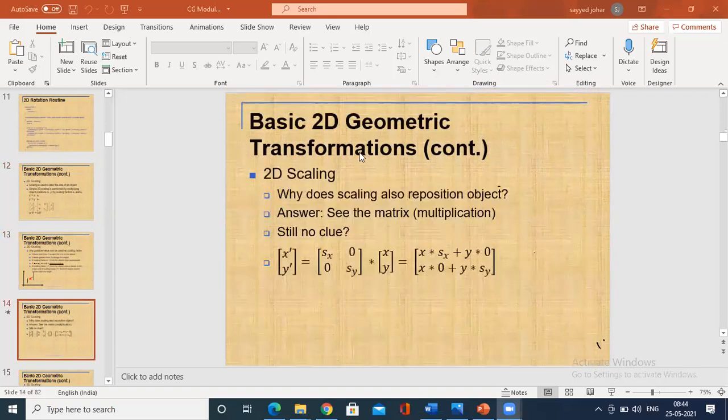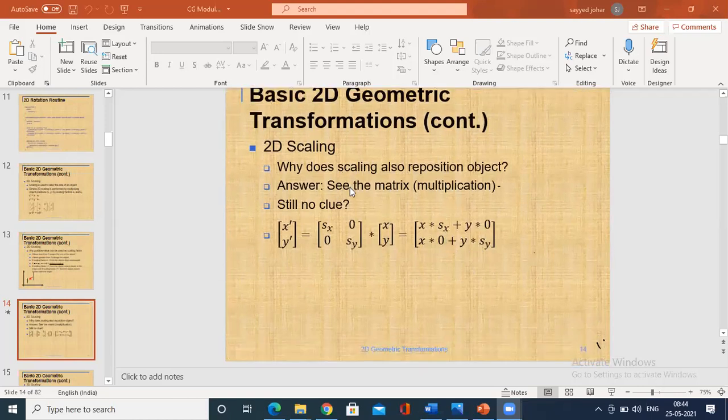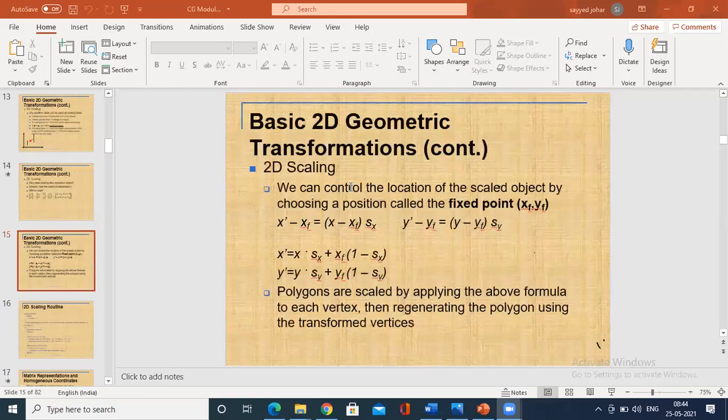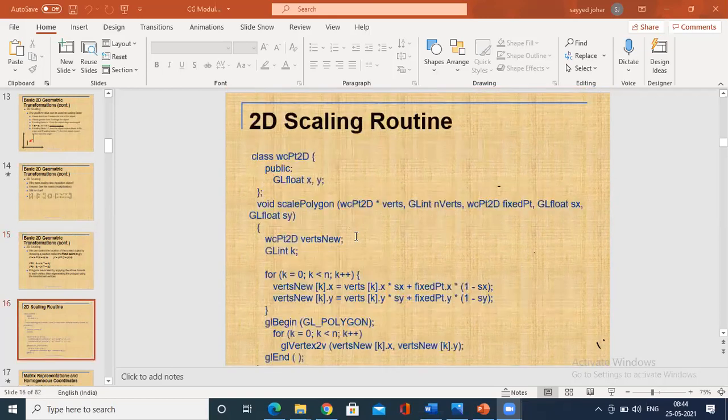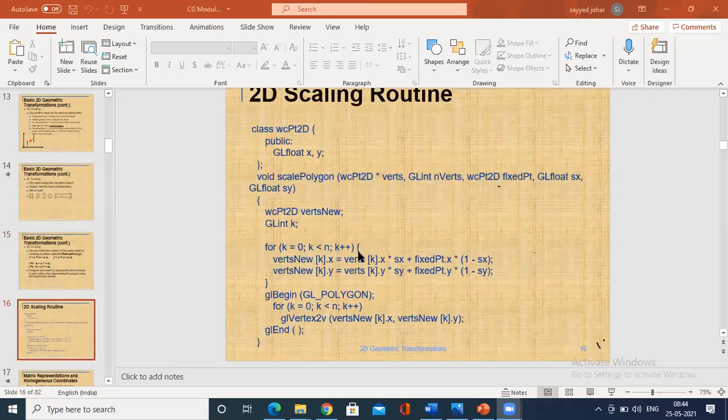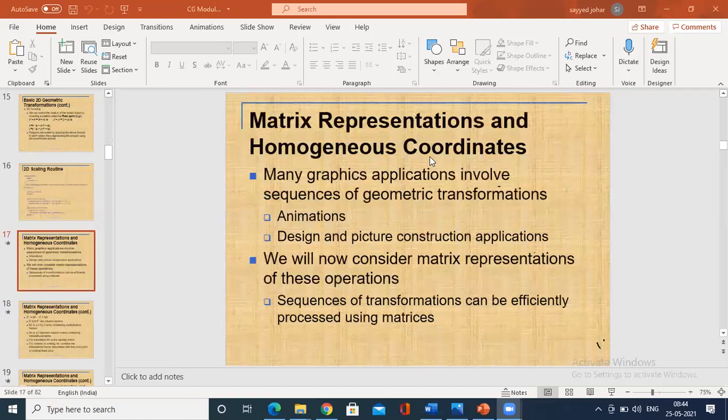So, basic two-dimensional transformation: scaling. So you could write it in matrix form: x dot, along the x-axis, no y-axis scaling is done, and y-axis scaling is done along the y-axis. Okay. So this is all about the basic 2D transformations. The same thing continues for rotation, scaling, and so on. So here is the code to represent the scaling factors. Now coming to the matrix representation, I'll start that in the next class.